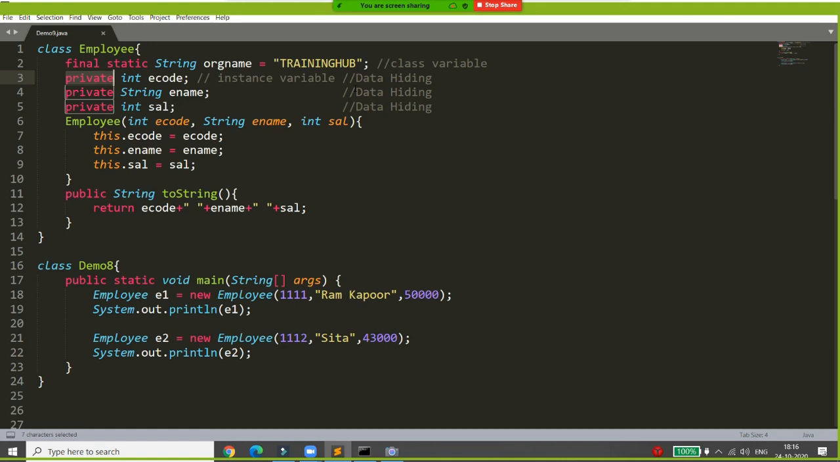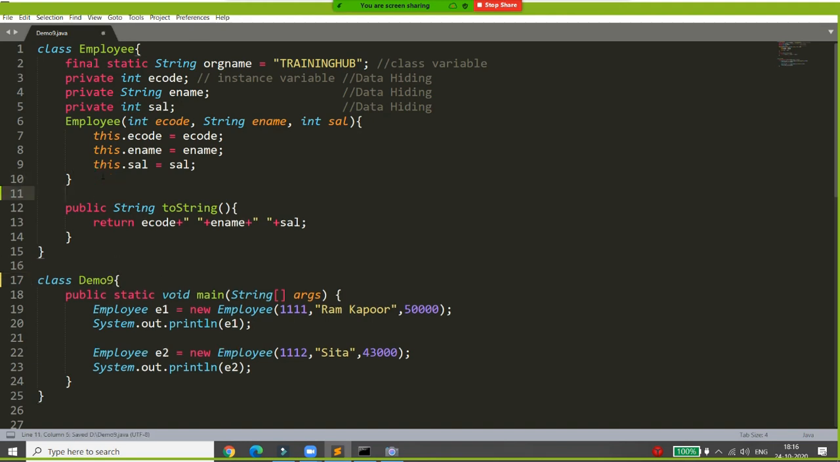So how we can do this? Suppose if you think that I don't want to allow the user to change the code, but if he gives the proper application, then I want to allow the user to change the name. I want to allow the user to change the salary, right? So whatever you want to allow the user to change, here you can implement the getter and setter. How? See,